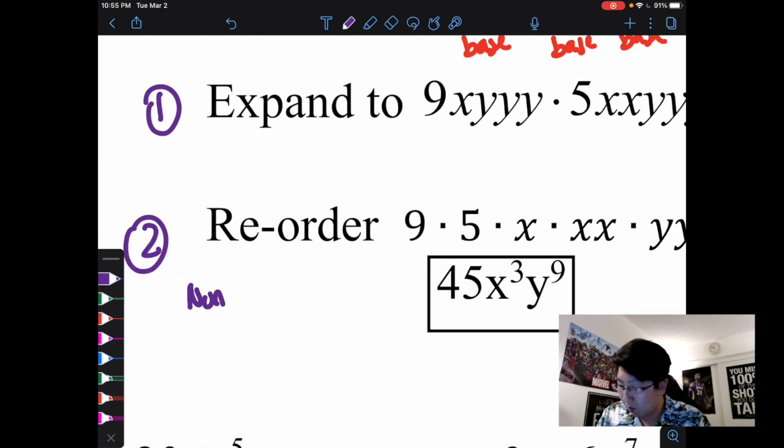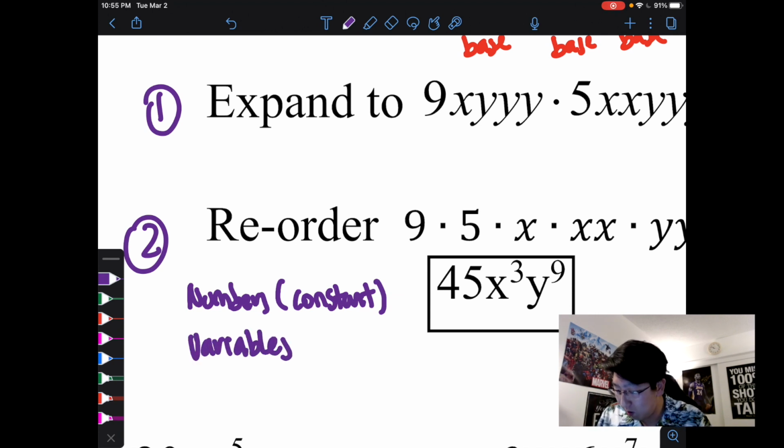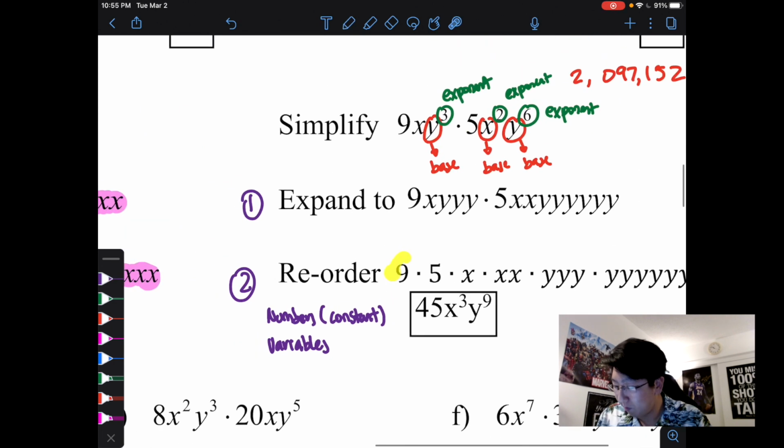is reorder, and I'm going to put the numbers first, or constants. And constant just means that they're not a variable. Think of what's constant, and if you don't know what that vocabulary word means, it just means what stays the same. These numbers aren't going to change. They're not variables. Okay, so numbers first, then the variables. So I reordered the numbers first,